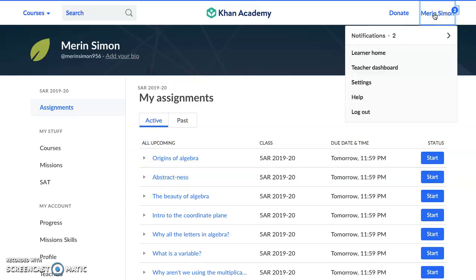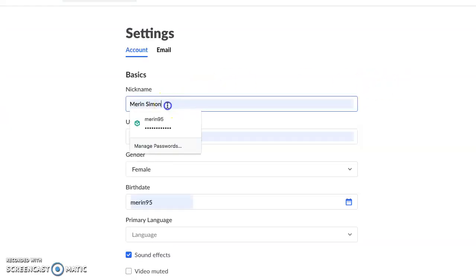If you want to change your name, if it's not showing your first name and last name, you click on the one that shows on the top left where it shows your name. And then you can click on settings and change it to the name that you want, like a nickname, whatever name you want to change it to. And then make sure you click on save